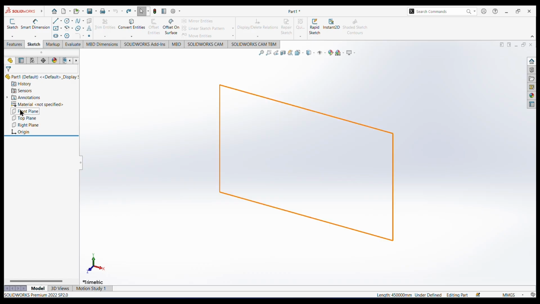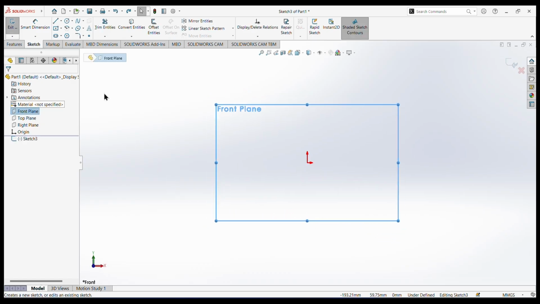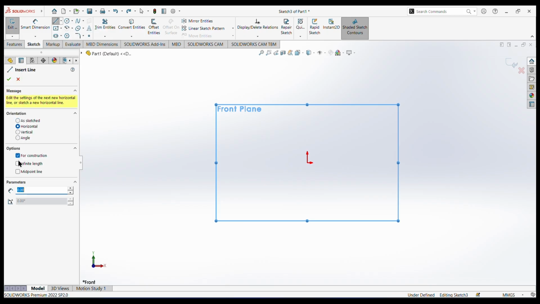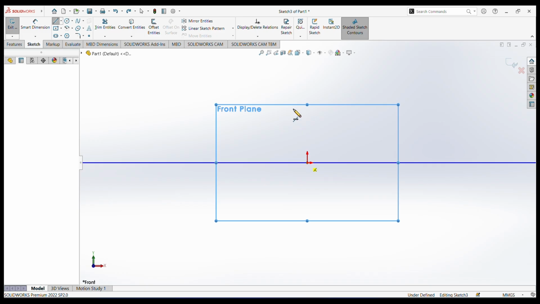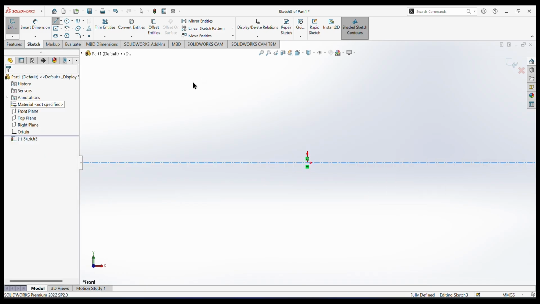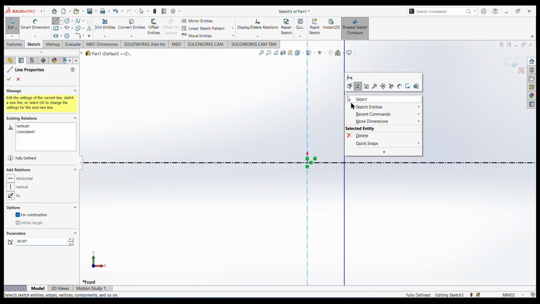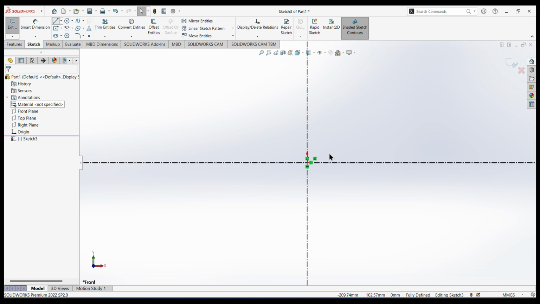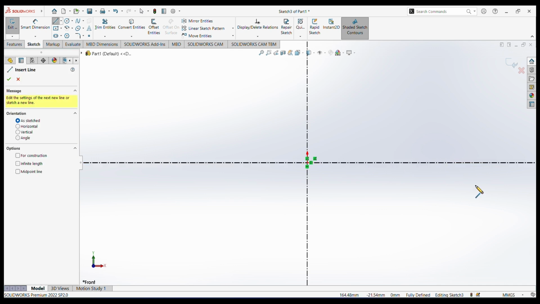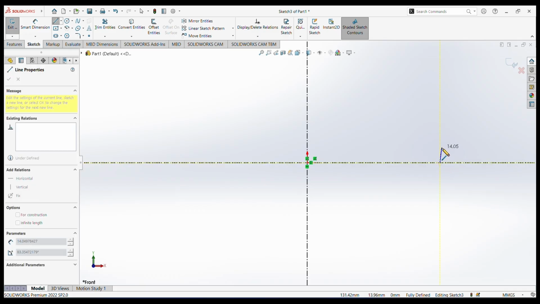So first we select the front plane for sketch, then make construction lines, first a horizontal one of infinite length, just like this one. Okay, now we can make a center line again, as a vertical one of infinite length. Okay, now we are going to make a sketch, nine steps. We can first make nine steps, just like this one. 1, 2,